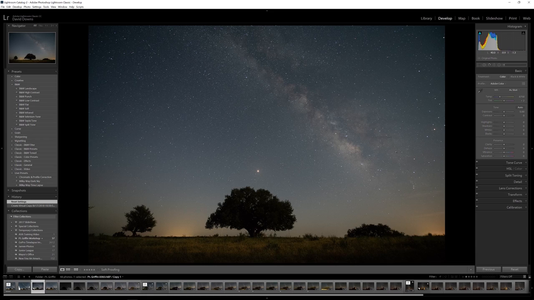Hello everyone, I'm going to take you through an edit on an image that I took out at Fort Griffin. It's not one that I took the night of our workshop, but it's a good example of what you can do with an image when you've got a good clear sky, you've got a good clear Milky Way,